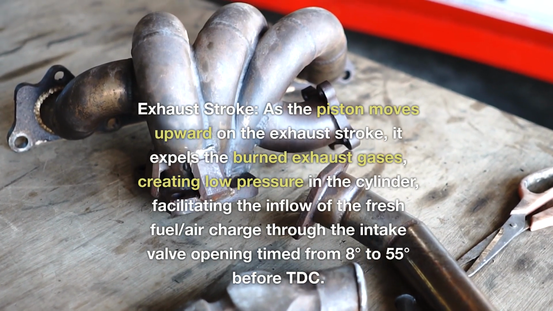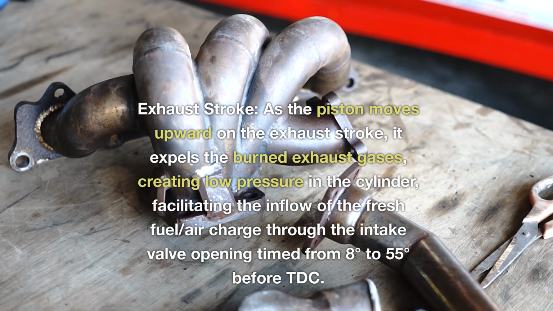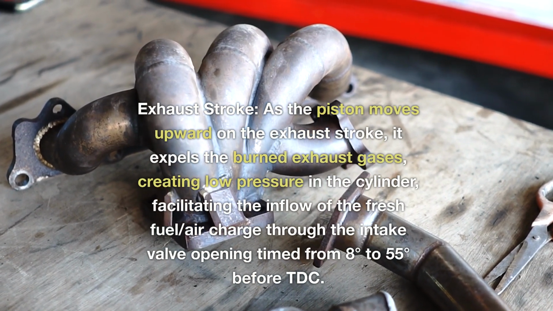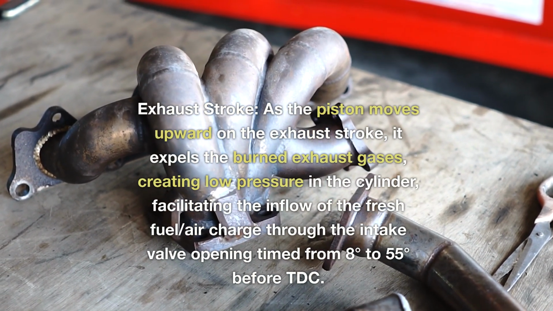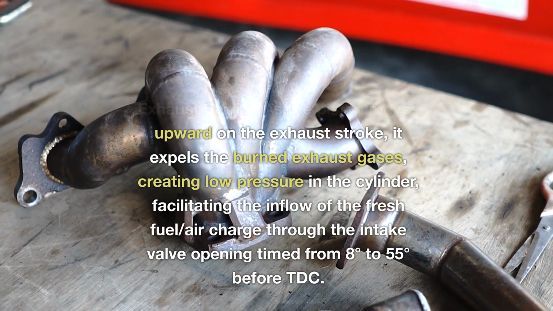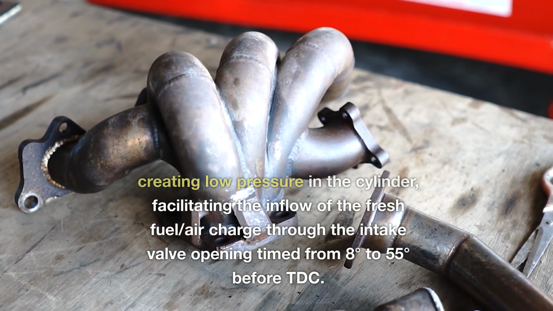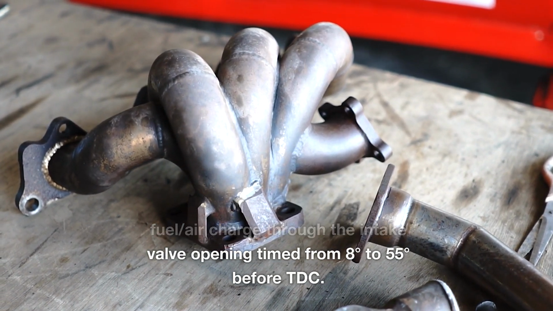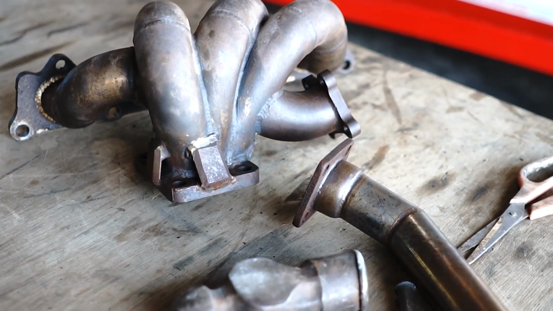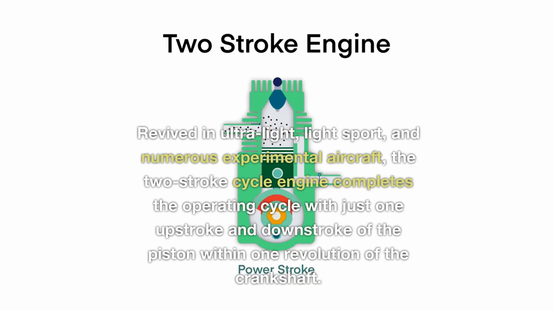Exhaust stroke. As the piston moves upward on the exhaust stroke, it expels the burned exhaust gases, creating low pressure in the cylinder, facilitating the inflow of the fresh fuel-air charge through the intake valve opening timed from 8 degrees to 55 degrees before TDC. Revived in ultralight, light sport and numerous experimental aircraft, the two-stroke cycle engine completes the operating